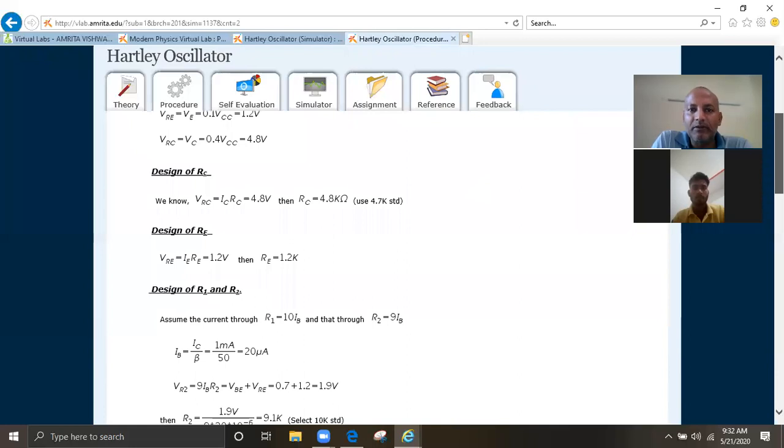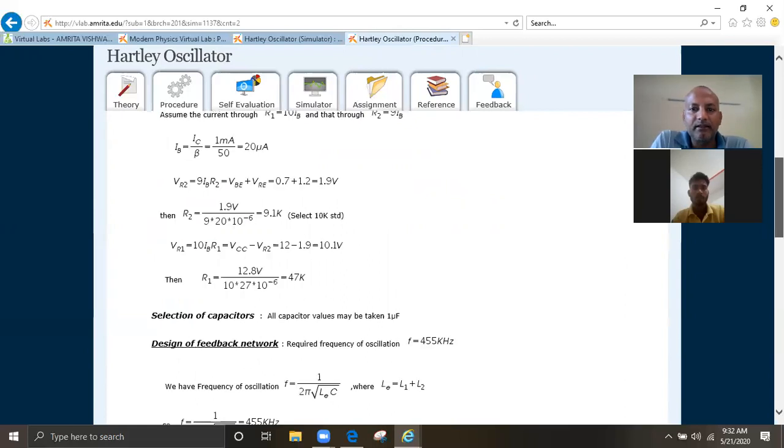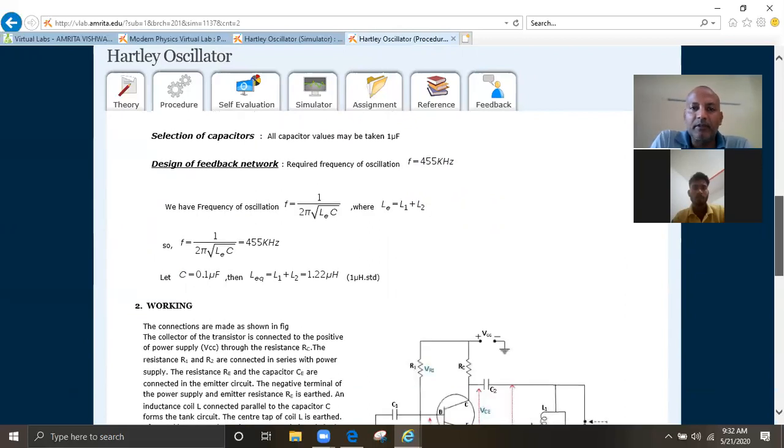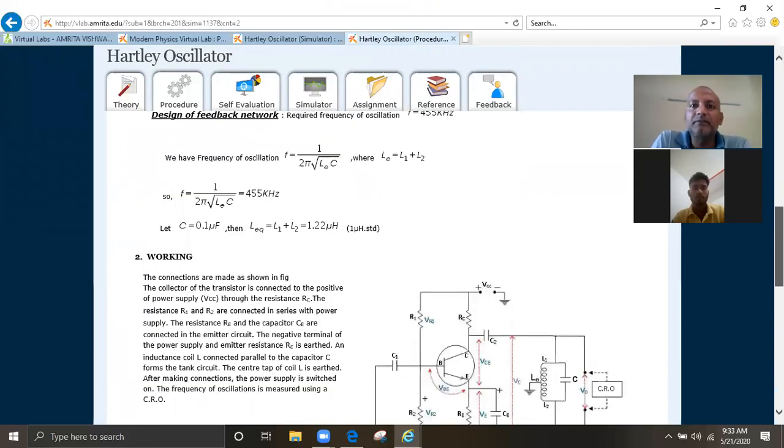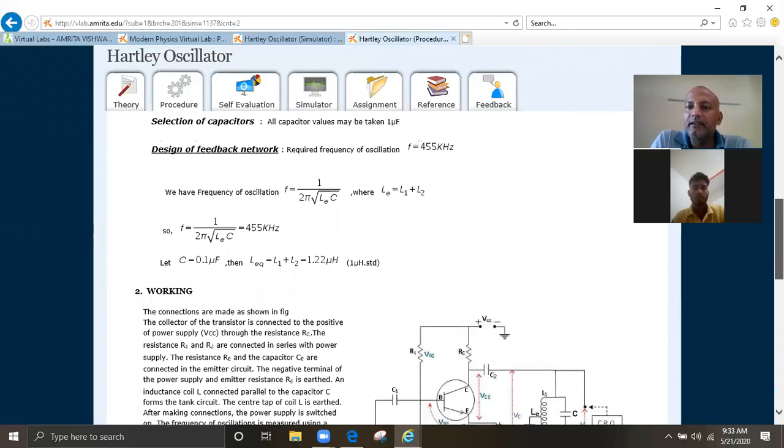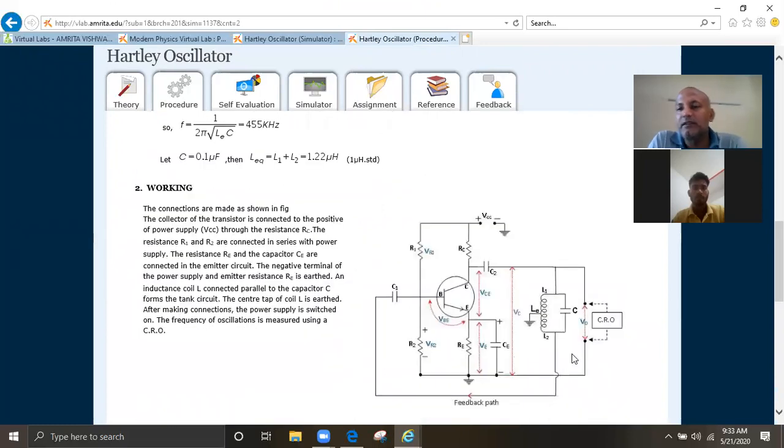RE is 1.2 kilo ohm, then R1, R2. So you can calculate the value of every component which we are going to use. Now the simulator. As you see here, we have two circuits. One is the tank circuit, the other is the amplifying circuit.